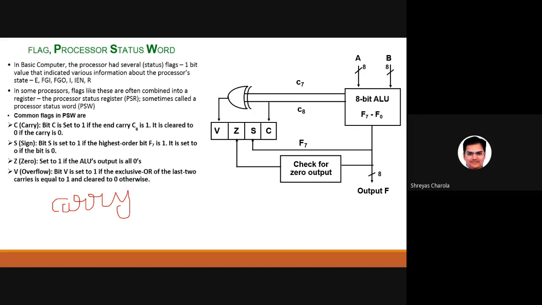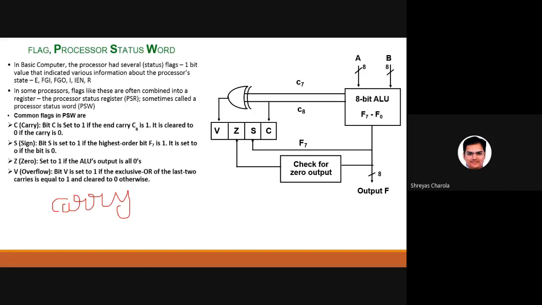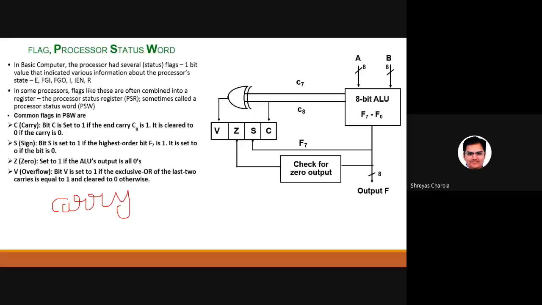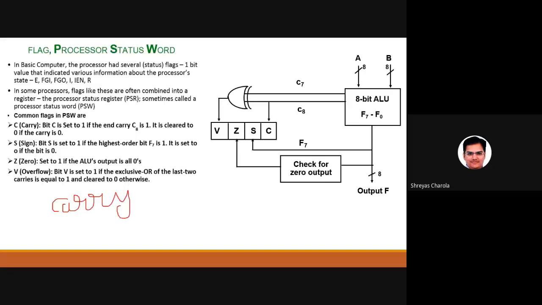When C8 is 1, then it will be 1. Harshit, I can write it as C8. From C0 to C7 there is a summation you will get, and if the last bit is 1 it will be set to 1, otherwise it will be set to 0. Clear? Is it clear, all of you, what I mean to say? Okay, that is just the carry flag.